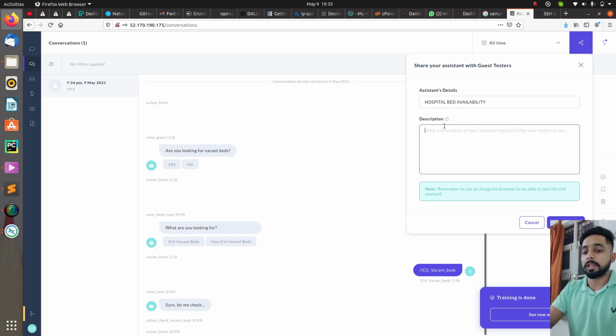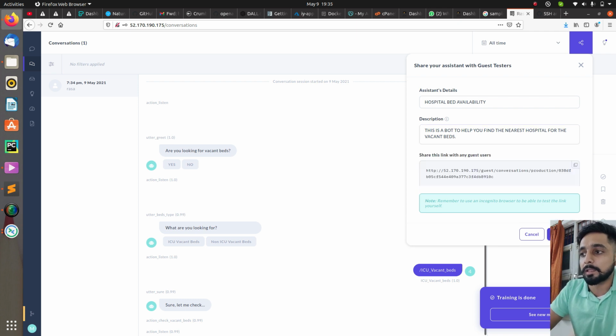And similarly here you can specify: this is a bot to help you find the nearest hospital for the vacant beds. All right, so this is what I'm doing right now. Now based on this it will generate a link.